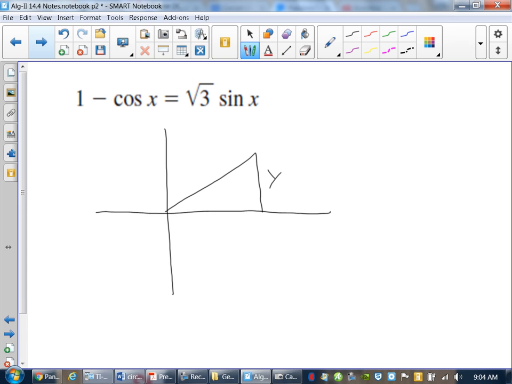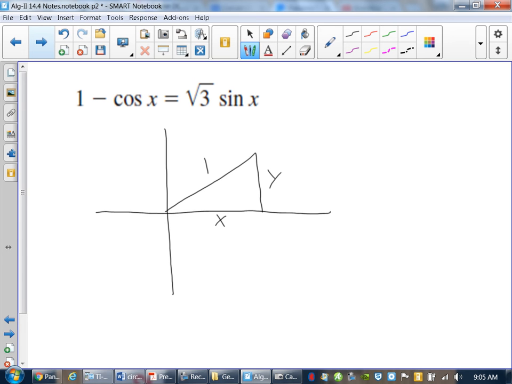That's your y value, that's your x value, and this was your radius, right? What's the Pythagorean theorem? A squared plus b squared equals c squared, okay? What was the radius always in the unit circle? It was 1,